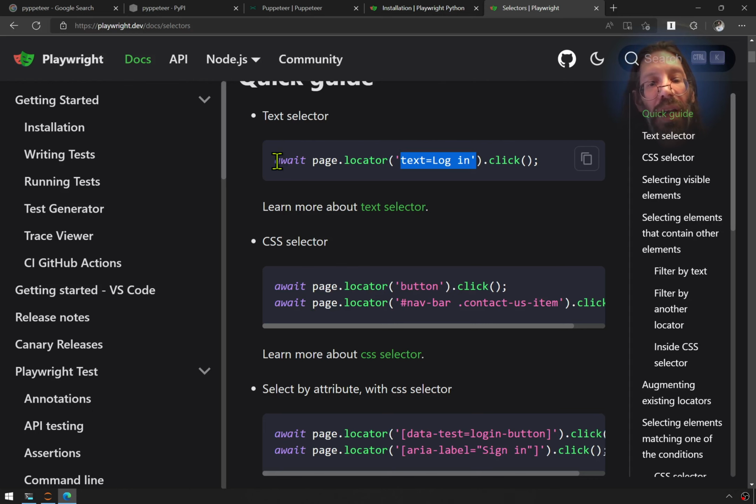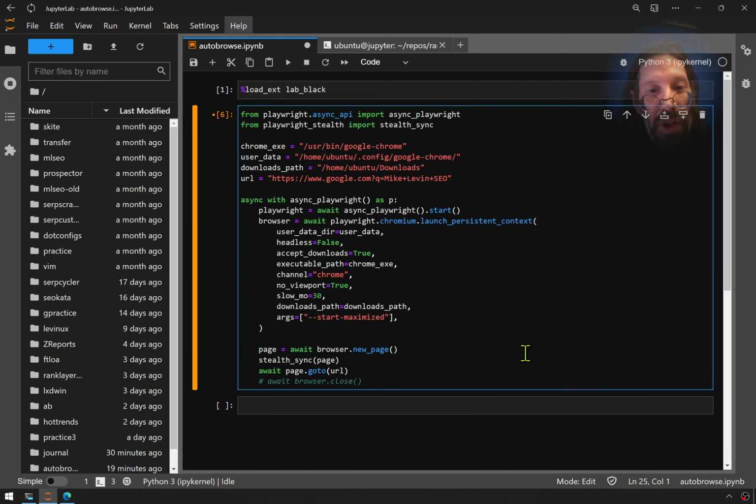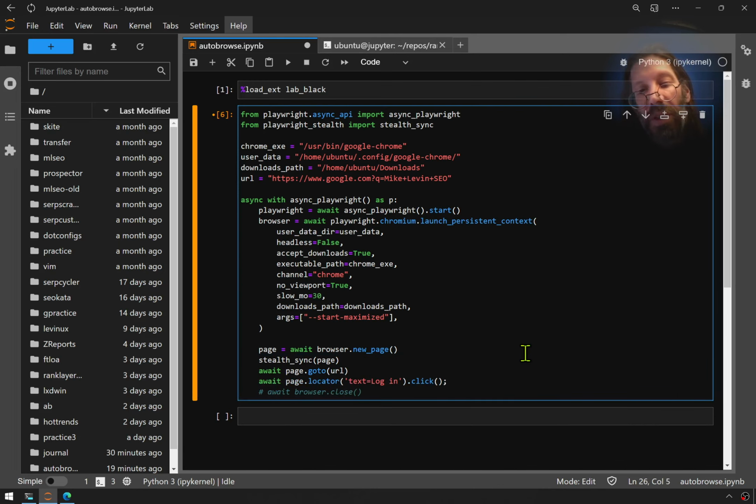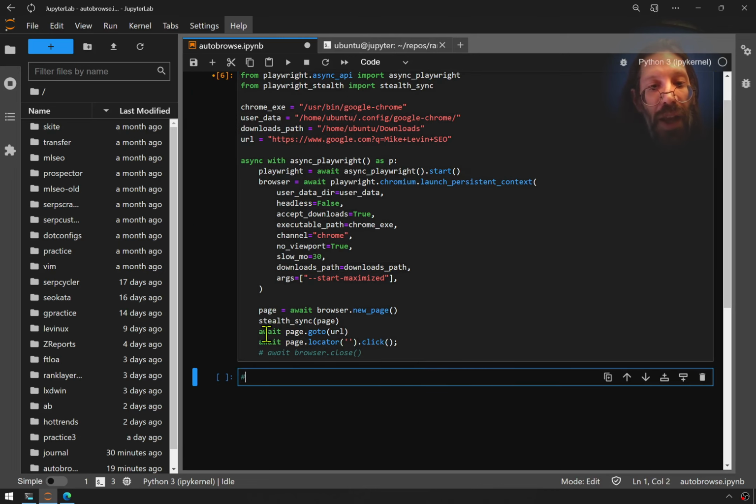So clicking the button might be as easy as this, but I should see if it has an XPath to it. Page locator, and it can just be an ID or something. Okay, yeah, that makes a lot of sense, right? So that's going to go right here. Oh, no, it's going to go after going to the page URL, right? So this is going to submit the search, but I have to change this to something that corresponds to the button, right? So in order to get that path, I will comment that out for a moment